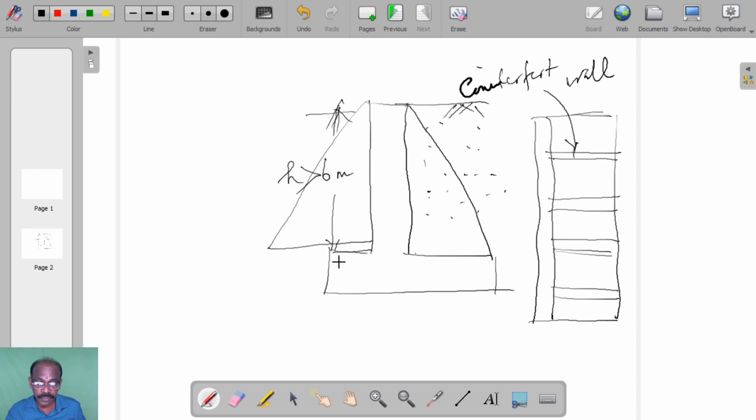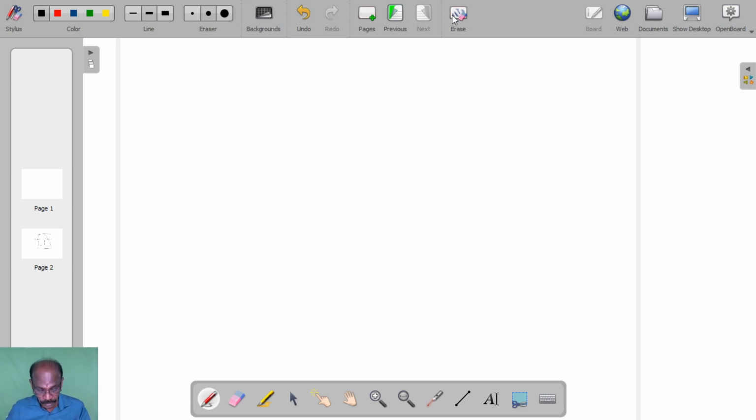Now this is your toe slab, this is your heel slab. In the case of a counterfort wall, the wall is tied with the stem as well as the heel slab. In the case of a buttress wall, the wall is tied with the stem. This is your stem and this is your toe slab. If it is connected between the toe slab as well as the stem, then it is known as a buttress wall. Okay. And now the next important topic is the earth pressure on retaining walls.